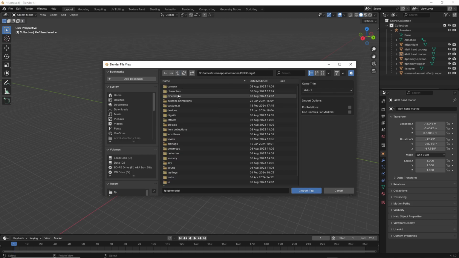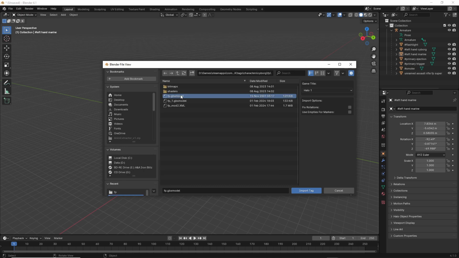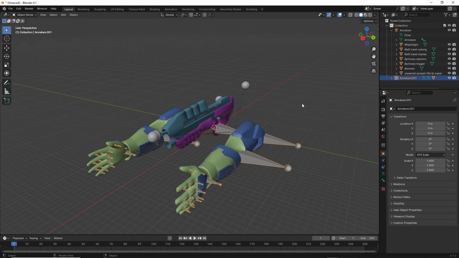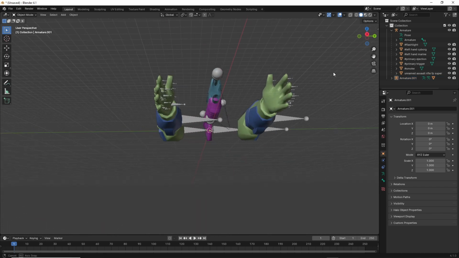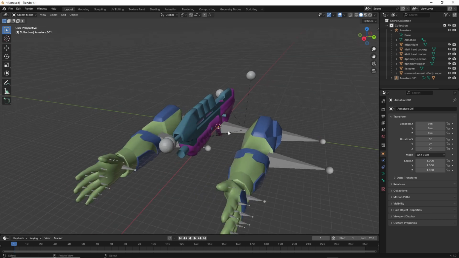So all the way back to tags, characters, cyborg, fp, first person.gbx model. I created this one right here that I'm using in Halo, but I just swapped the mesh. So all the bones are the same, which is the important part. So we'll open this one. And now we have to do this very specifically, I'm pretty sure. So basically what we have to do is merge the armatures together, merge the meshes together, and then parent the